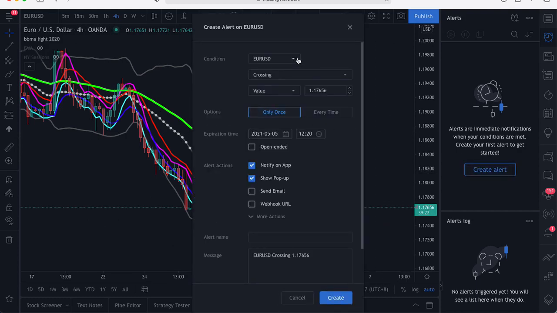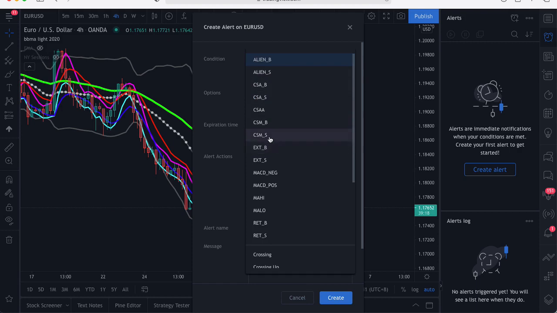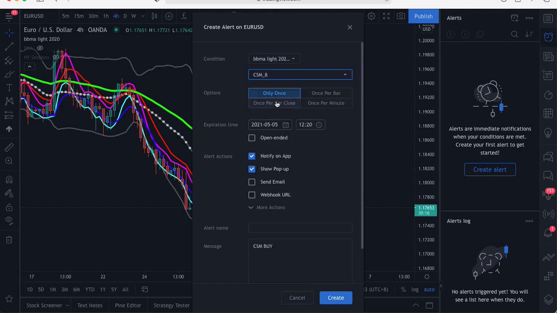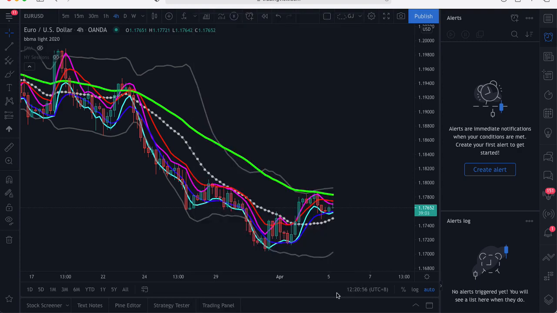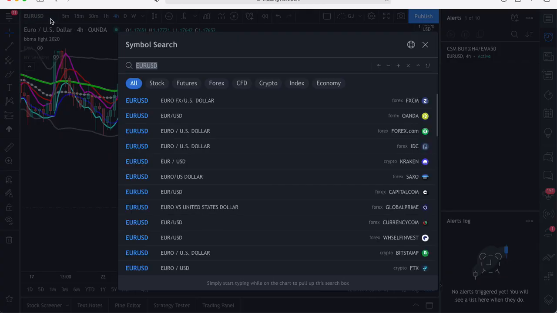So we set an alert, pick our custom indicator, CSM buy. CSMB is CSM buy once per candle close. I got a few DMs asking about how to use the custom indicator, so I'll show you how to do it step by step. Okay, once that's set, this alert will trigger when the condition is met. Okay, right, next pair is